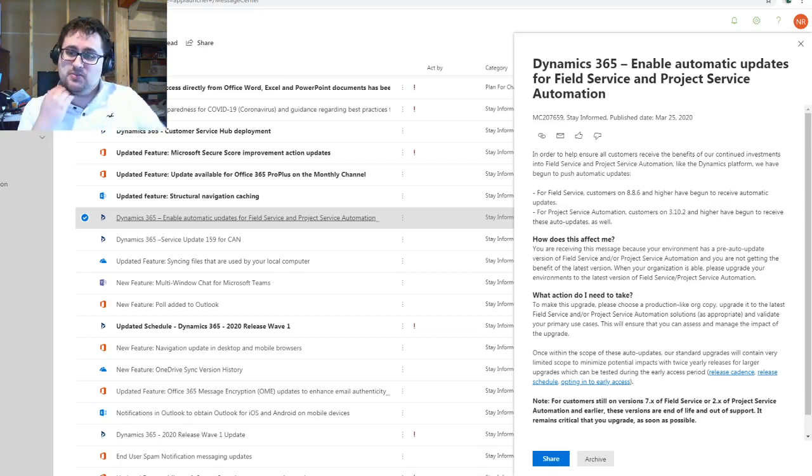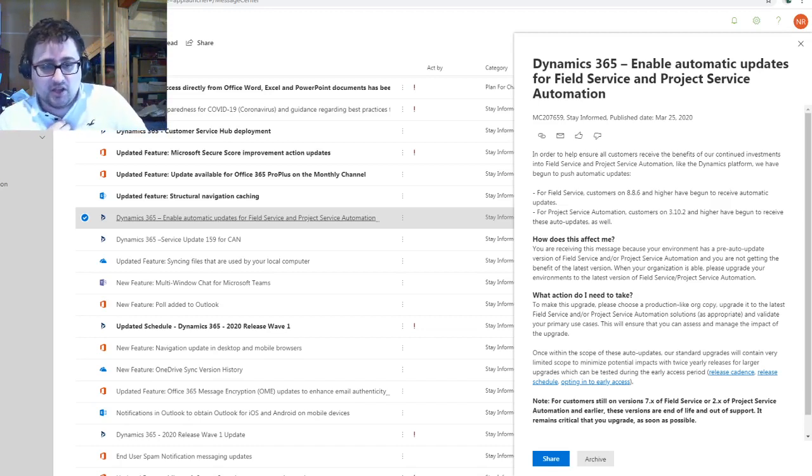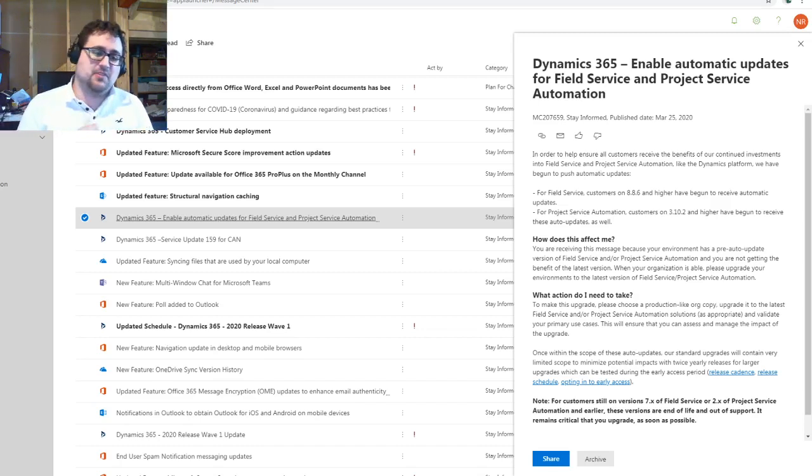You are receiving this message because your environment has a pre-auto update version of Field Service and/or Project Service Automation. So that's good news. Good news is they're rolling out automatic updates for some of the Dynamics 365 features. I am good with that. Anything, as long as there's no downtime associated with those automatic updates,